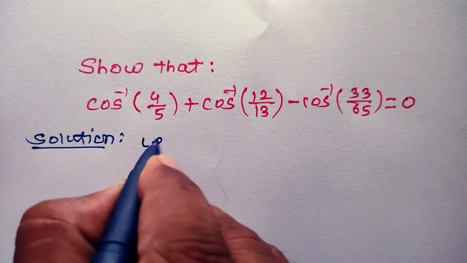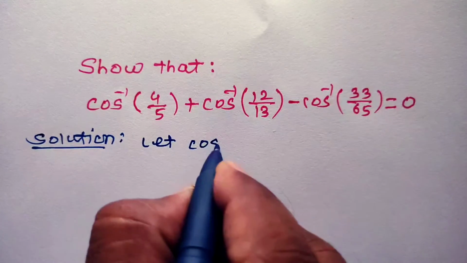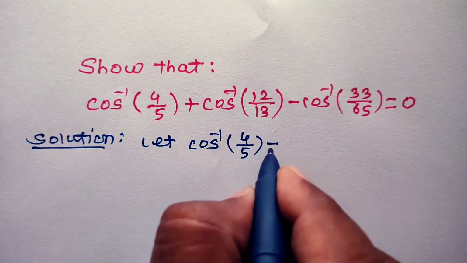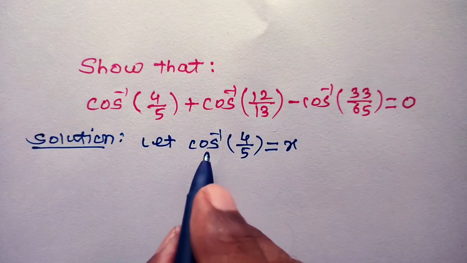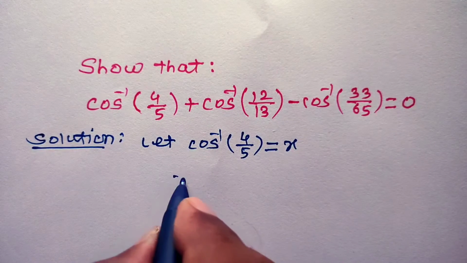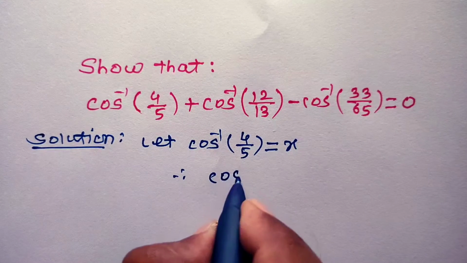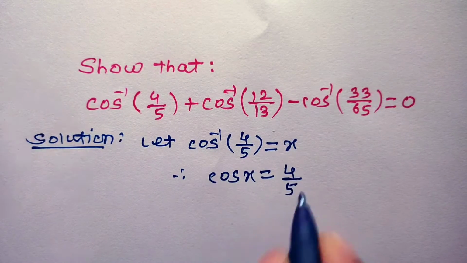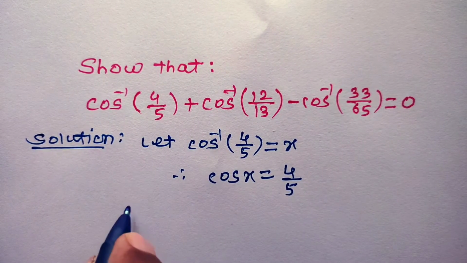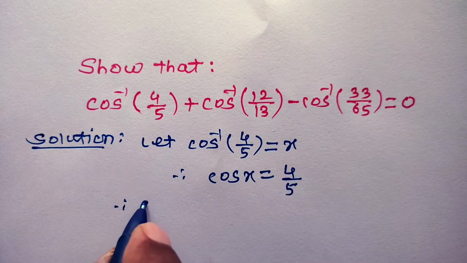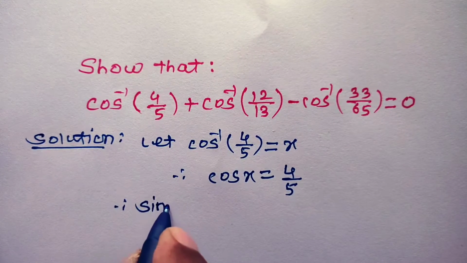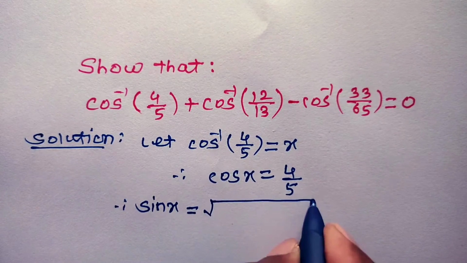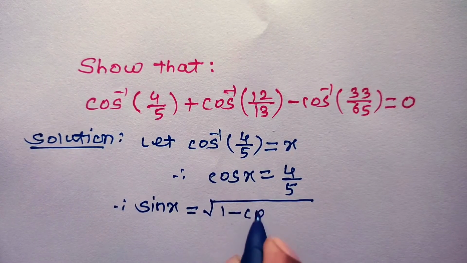Let cos inverse 4/5 be equal to x. Now take this cos inverse on the right hand side, hence cos x is equal to 4/5. Now here we have to find out sin x also, hence the formula sin x is equal to square root of 1 minus cos square x,